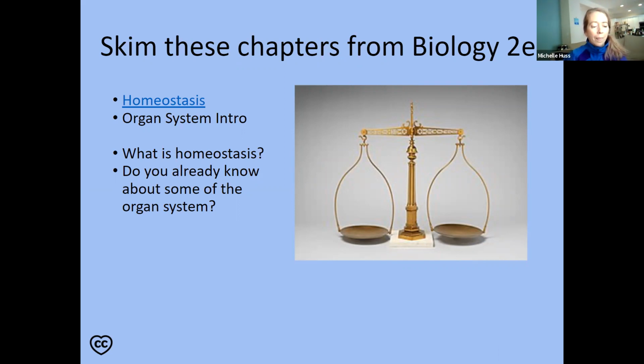Okay, what is homeostasis? What does it mean to be homeostatic? It means that the internal components of your body must be maintained in a very narrow window. That's the scale that you're seeing there. So your blood glucose levels, if they go up a little bit, your body will do something, probably with insulin or glucagon, some hormones, to get it so that they go back into homeostasis. Same with water balance, same with all of the ions, electrolytes in your body, your body temperature, all of these things are kept in homeostasis.